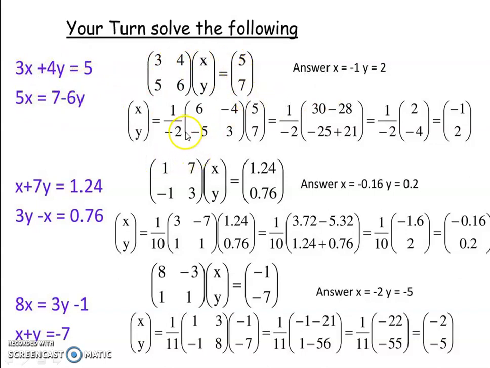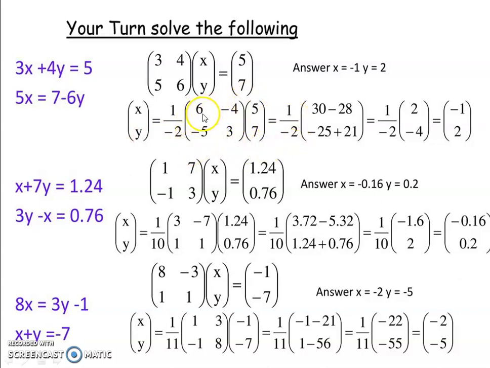We have the easy trick, 1 upon determinant of A into adjoint of A, it is A inverse. What is the adjoint of this matrix? 6 goes to this side and 3 goes to this side, so 6, 3. The sign of the other elements will be changed, minus 4 and minus 5. The determinant of this matrix is 6 3s are 18, 18 minus 20, minus 2. So 1 upon minus 2, that is determinant of A, into adjoint of A into the constant. So 1 upon minus 2 remains the same.